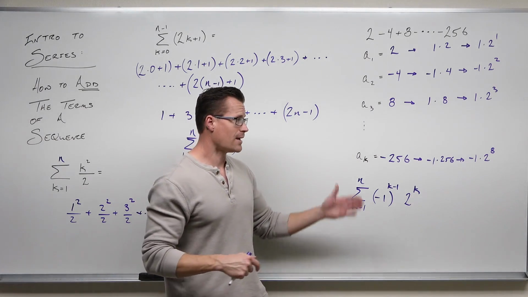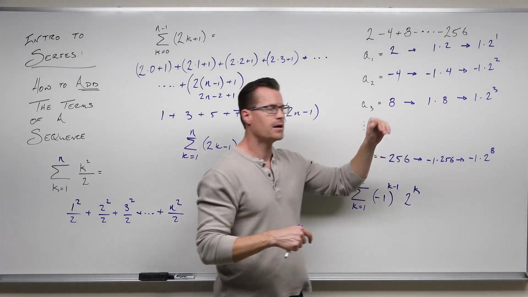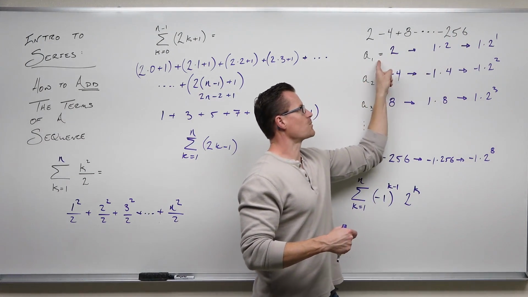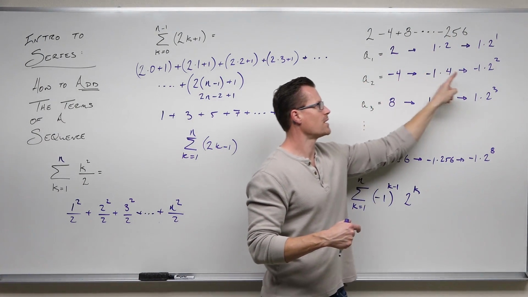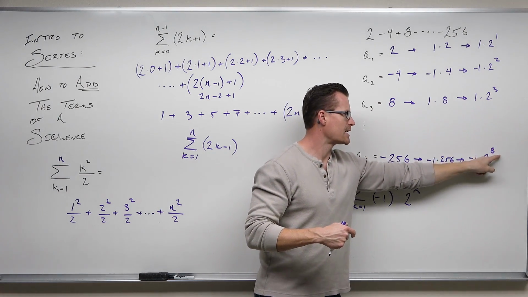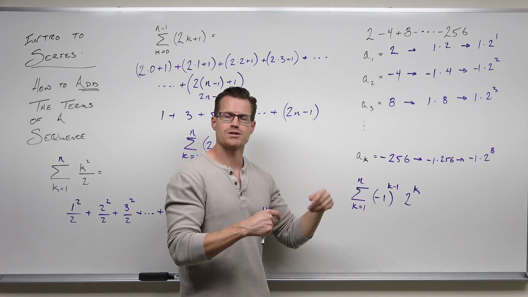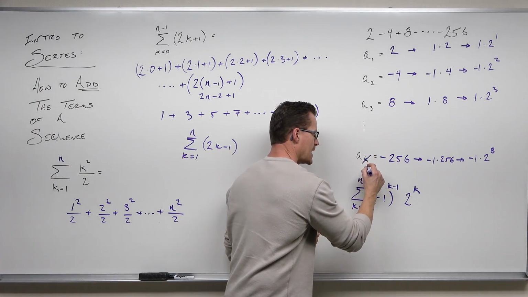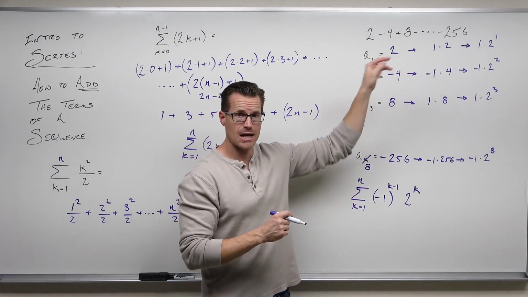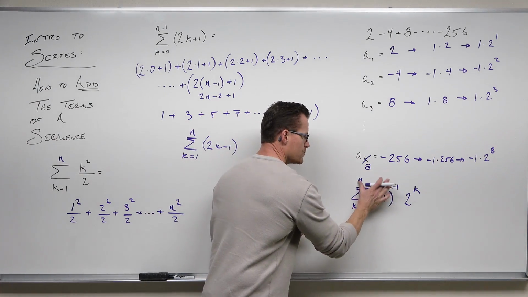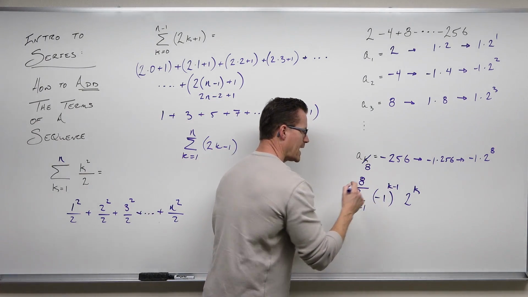Now, we don't have a general term. We have an end. So what's very nice about this is because our index matches our power, index has to match that power. It's got to be an 8. And it says, oh, okay, if this has to be an 8, then you know that's the 8th term. If you know that's the 8th term and it's the last term, you've just found where you end.